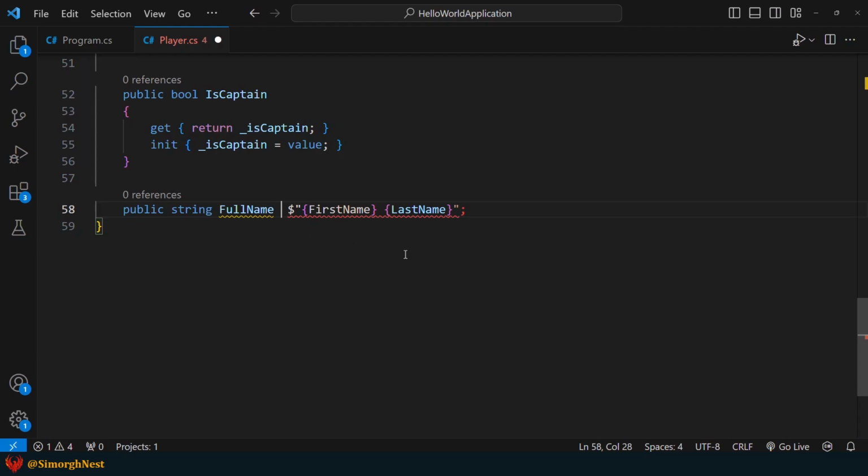Now, we can replace all of them with just the lambda operator. As you can see, the expression-bodied syntax for read-only properties uses the lambda operator followed by the expression that represents the value to be returned.